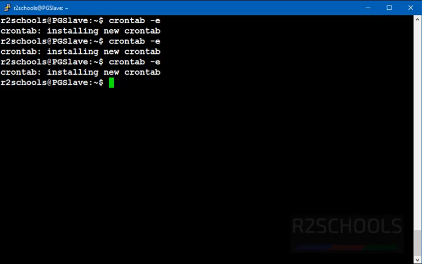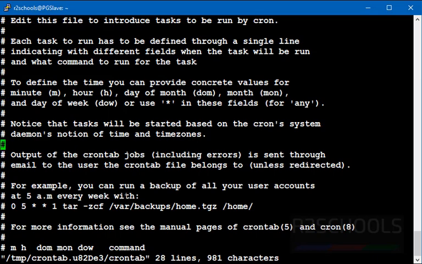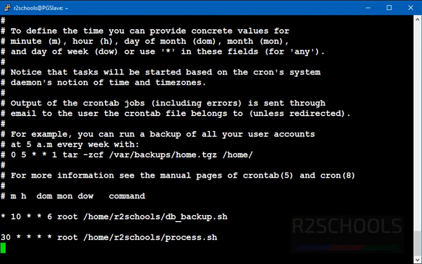In the next example, we are going to execute a script every day at 5 a.m. and 10 p.m. Crontab -e, scroll down to the end, insert mode. 0, then 5 means 5 a.m., 22 means 10 p.m., every day, every month, every day of the week.